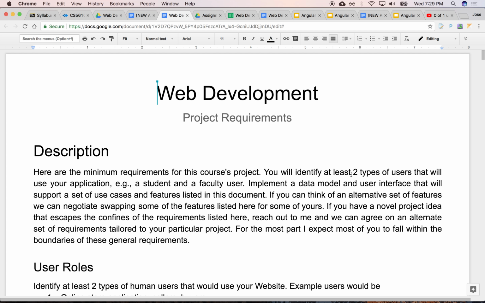Does it connect to a remote API? Can you query that API and list the results from that API? Can you store any one of those elements? Can you look at the details for any one of those API objects? Can you maybe bookmark one of them, or maybe store a cached version of any one of these objects onto your database? Are you creating relationships between users and these objects?